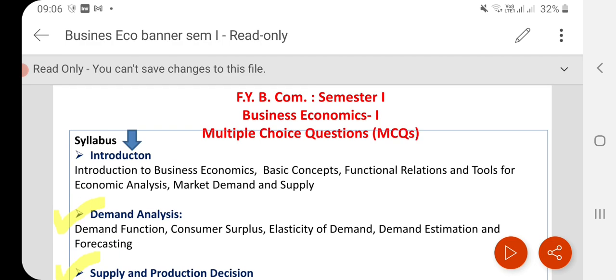Okay students, for this video I have used two important books. Number one is published by the Manan Prakashan and written by Johnson, Mascarenhas and Chatterjee, and the second book I have used, that is published by the Sheth Publishers, and that book is written by Dr. G.K. Kalkoti and Dr. G. Rajalakshmi.